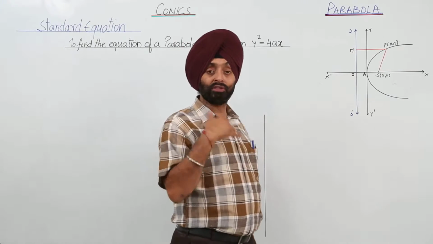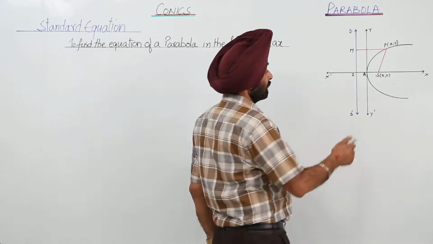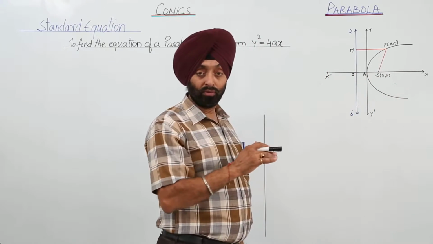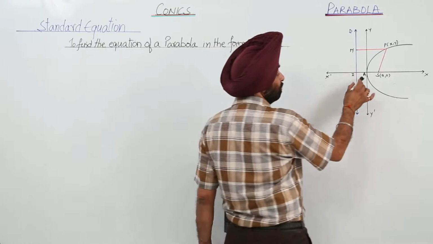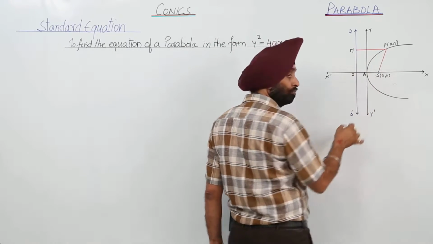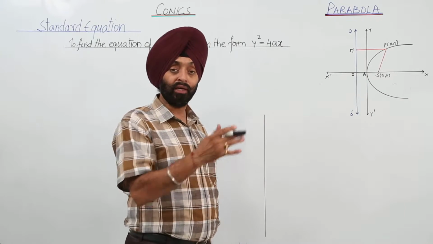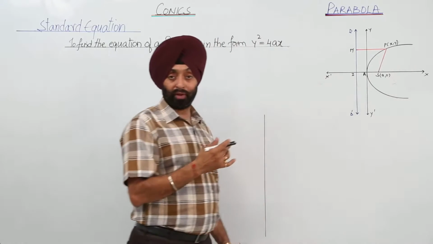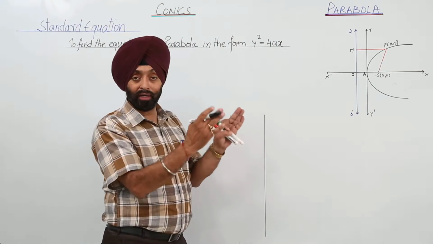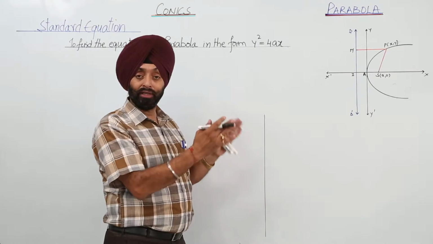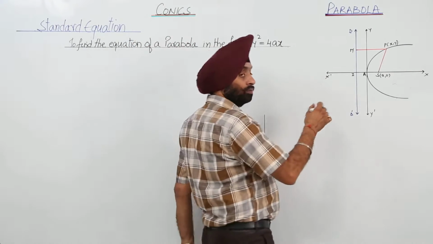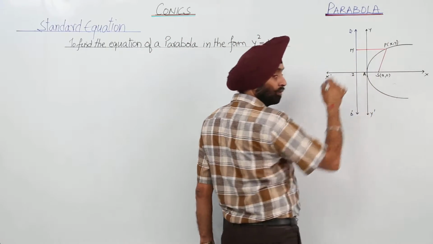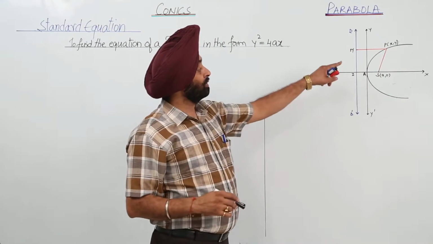Now what we have seen in the figure: the x-axis, A being the vertex of the parabola, which you already know. A line drawn perpendicular to the x-axis passing through A is called the y-axis. Then S is a point called the focus of the parabola, and the distance AS is equal to AZ. Then by the definition of the parabola, SP is always equal to PM, where P is a point on the locus of the parabola.